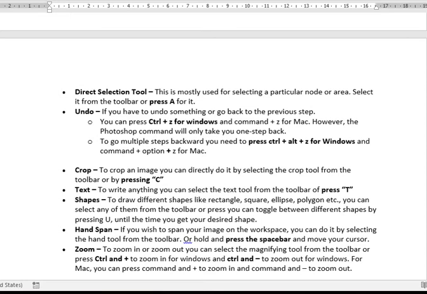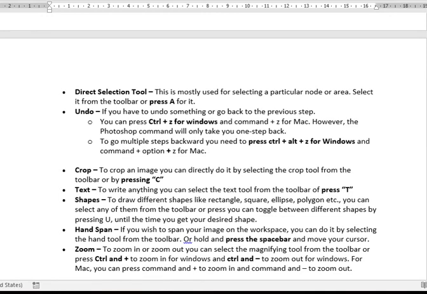Text tool is used to write any text on your screen or images. You can also select the text tool from the toolbar, or simply press T for the text tool.